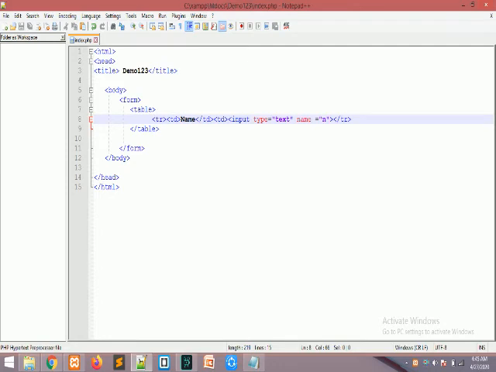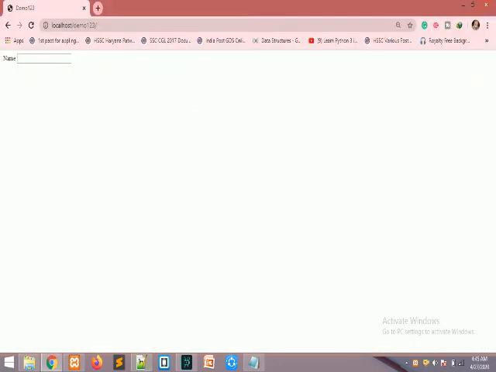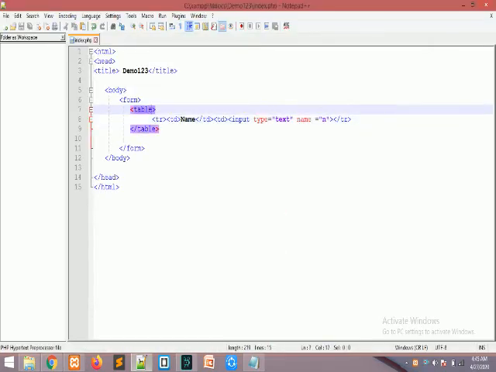What we see here is that the name and the box are on the left side, so we have to move them to the center. So here we will first give border equals to 1 and align equals to center, and we will press Ctrl+S so it will save, and again move to the browser to see whether it comes.